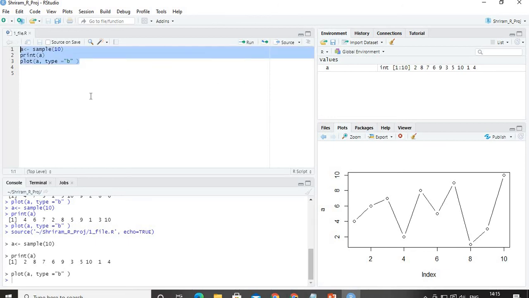Now all these are the options that are available for you, and you can try it out. And this is a very simple code that I have typed, and this code will be very helpful for you to understand that. What I have done is very simple. I have generated 10 random numbers, and that's what is printed as a plot. That's it. I use the console, I use the environment section, I use the plot, and finally used the source section as well.